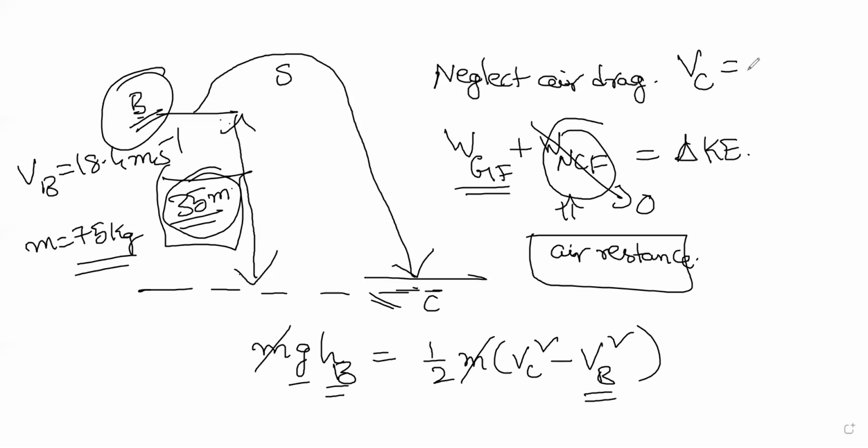So I got about 32.1, around 32 meters per second. This is the velocity with which he will go at this point C, and then he will move with that velocity. This is the prediction, but the question is not over yet. This much we have solved, but the question is not yet over.